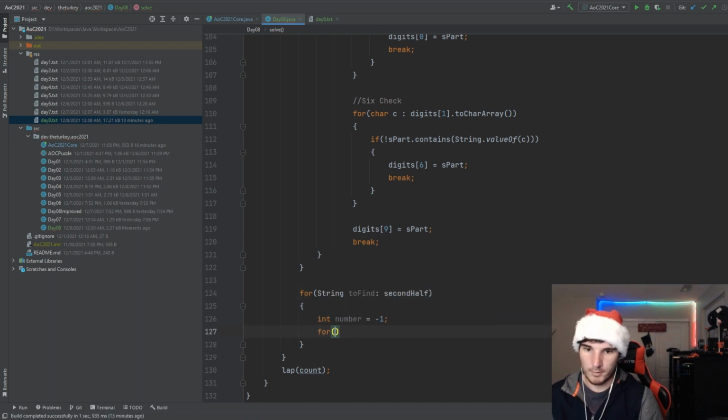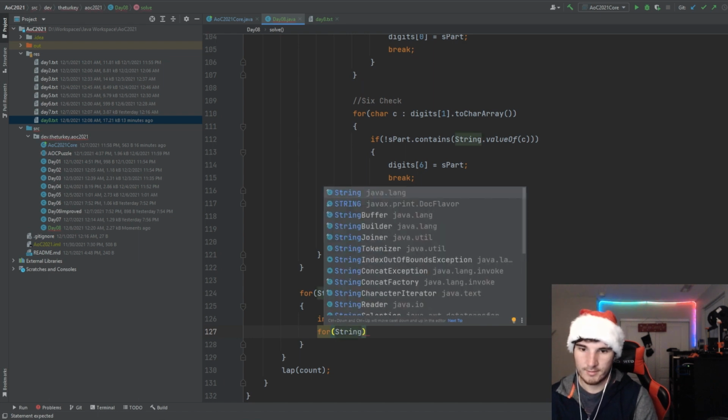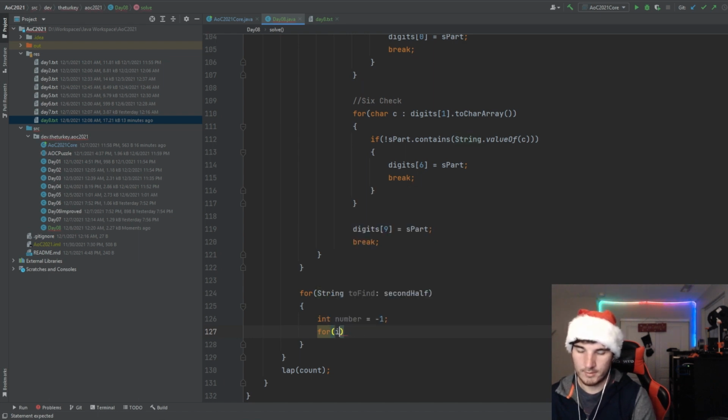So we're gonna do for string, for int i equals 0 while i is less than 10, i plus plus. So we have to go through all of these, and we have to do a check